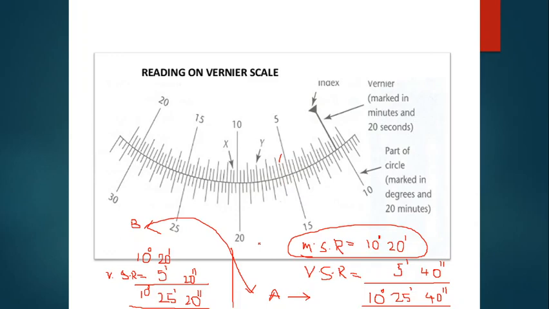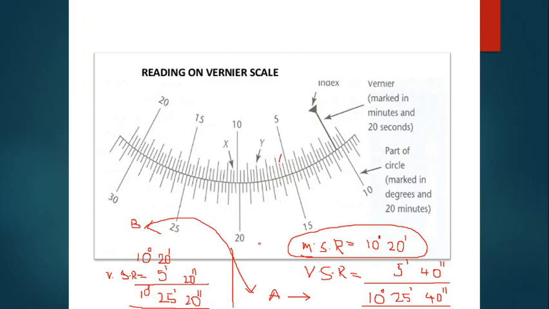And similarly, for the same horizontal angle you have to repeat this entire process with the face right also. Then only the average of face right and face left needs to be considered, and that is the final horizontal angle. So this much process is there in order to calculate the angle using a manual theodolite.